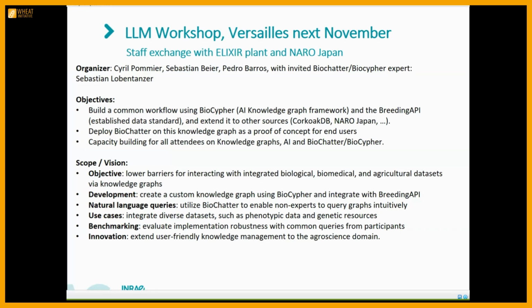The idea is to lower barriers for interacting with biological, biomedical, and agricultural datasets using knowledge graphs and LLMs. Integrate with BioCypher and BrAPI. Use natural language queries to interact with integrated data and avoid the development of a complex visualization tool and so on. And another expectation is to benchmark and evaluate the implementation of common queries between participants and adapt the queries by the framework for the agroscience domain. So that's a very exploratory